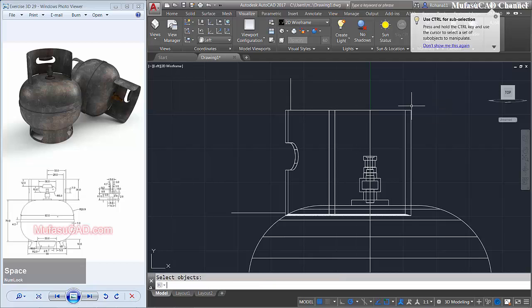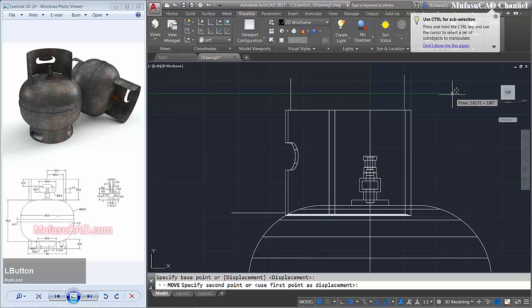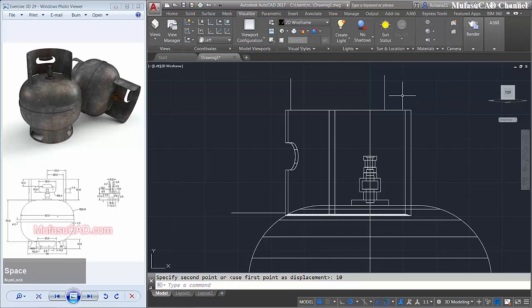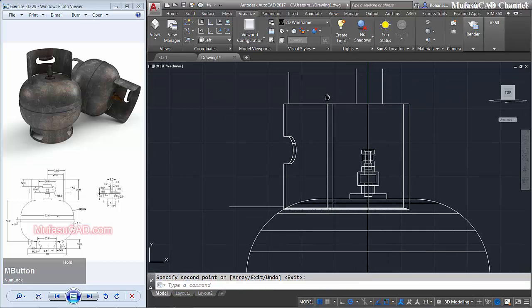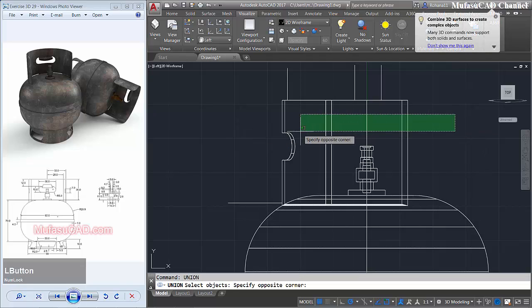We create a line starting from this point to the top. Move the last object to the left 10. Okay, and I will copy this line object to the left about 10, and I will union all these objects.